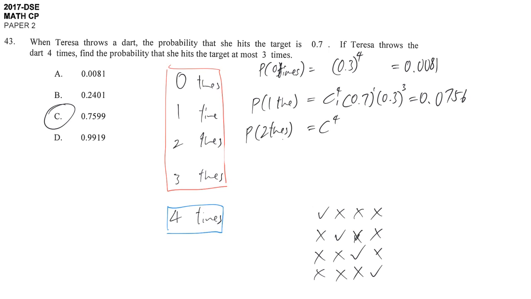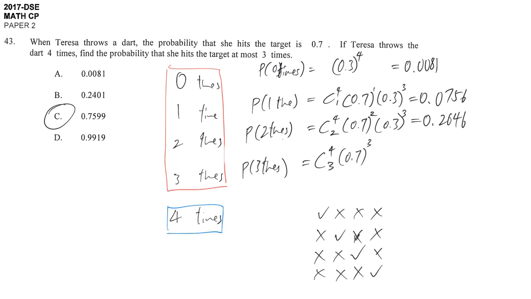Similar reason for 2 times. Among 4 spaces, we have to choose 2 spaces to put the tick inside, and the tick, which means hitting the target, appears twice. Not hitting the target appears twice also. Then we get 0.2646. The last one, we have to reserve a space for the tick, and among 4 spaces we have to choose 3 out of them, and 0.7 hits appear 3 times, and 0.3 appears 1 time. We get